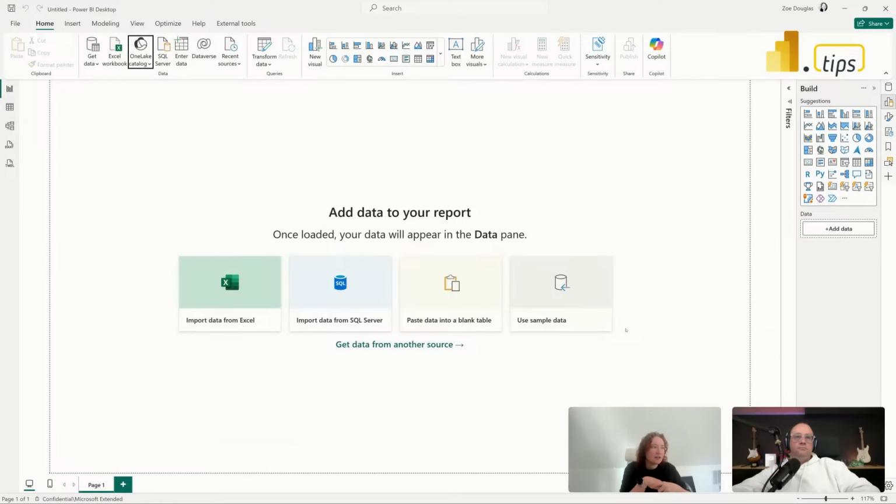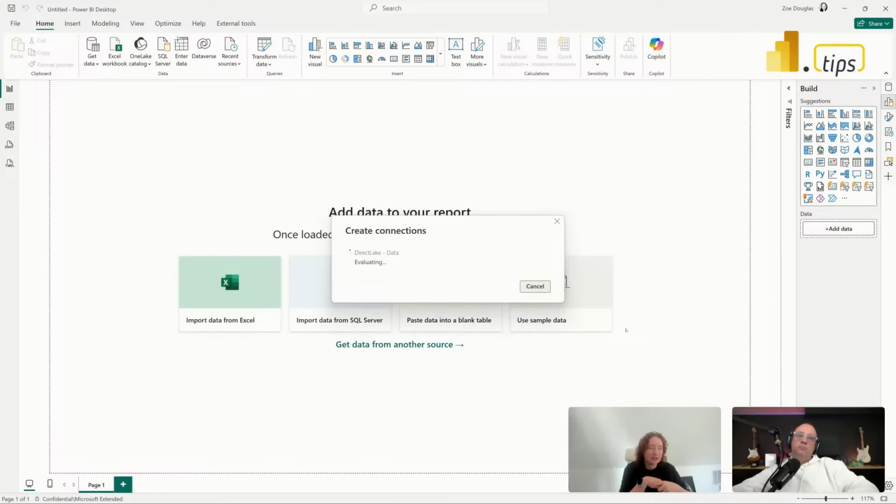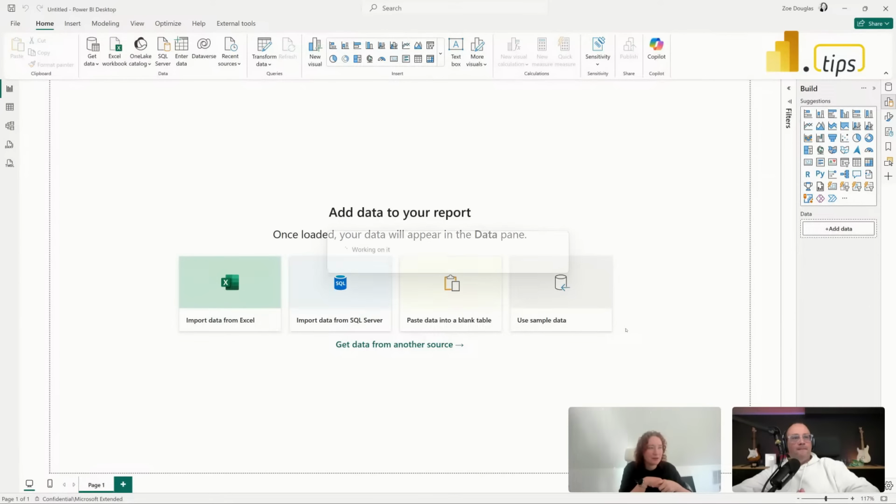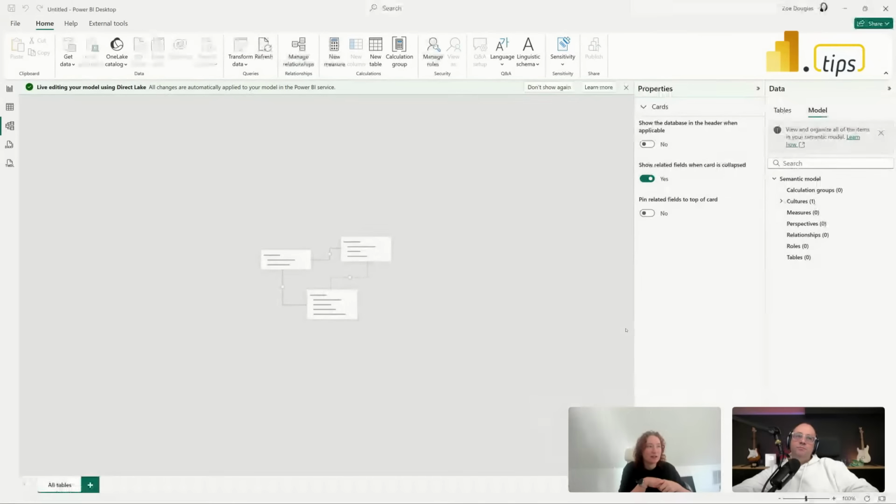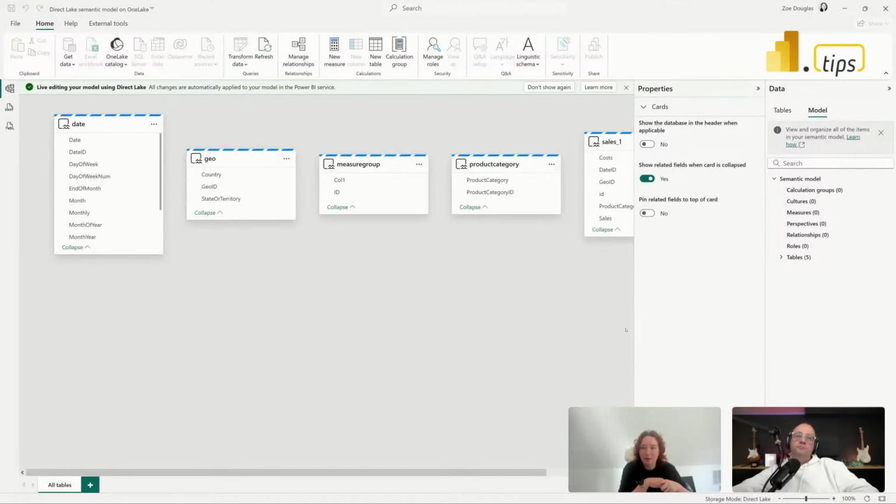So the one thing I wanted to call out here is this is kind of a new flavor of Direct Lake, if you will. What do we mean by this new flavor? One of the things that people were not excited about in Direct Lake was this fallback to direct query. So this one is actually connecting directly to the lake house,